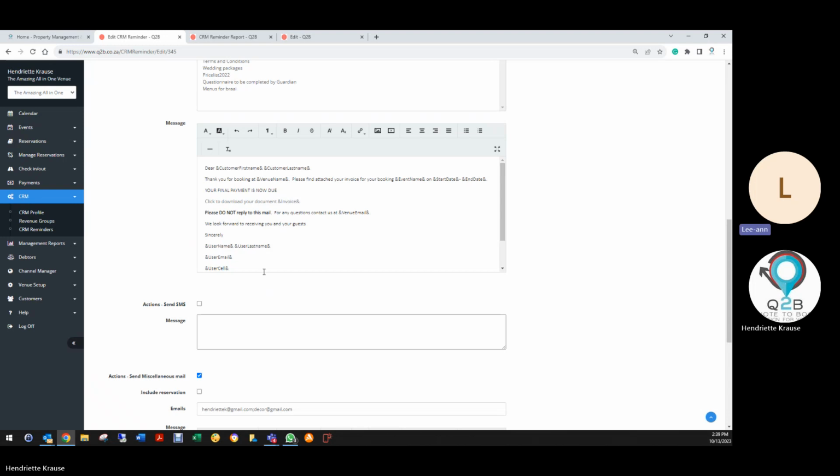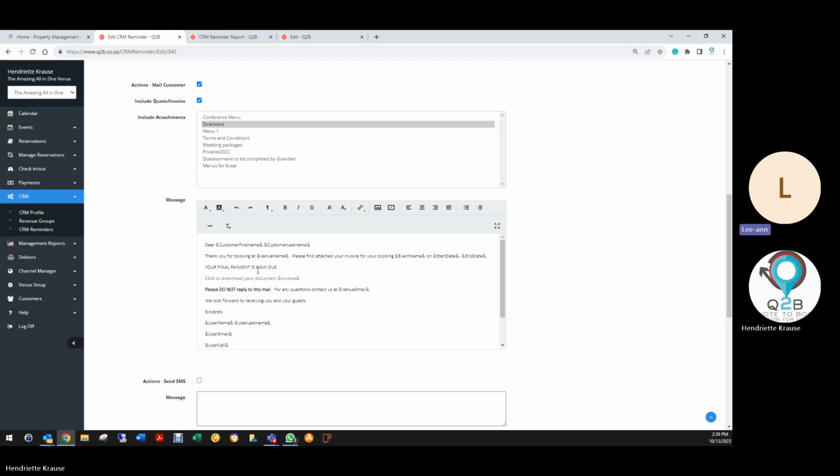When you say mail the customer, I see that it says dear and customer first name? Yeah, these are what we call variable fields in the system. In the admin training, you'll see there is quite a lot of variable fields that you can use. And if the system recognizes the variable field, it will go and put Dear Henriette Krause,